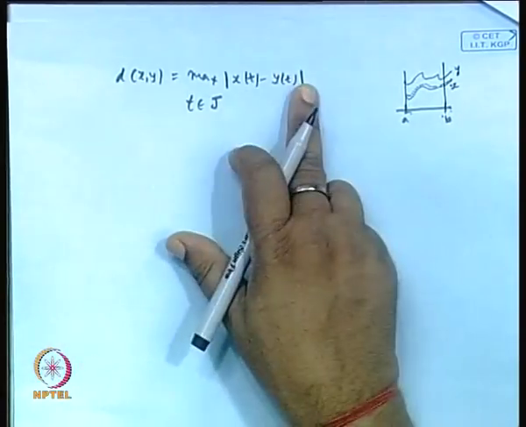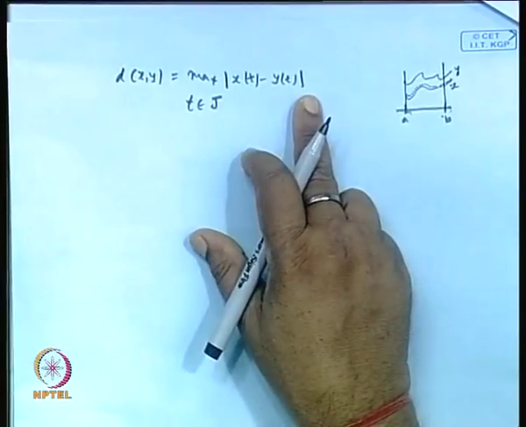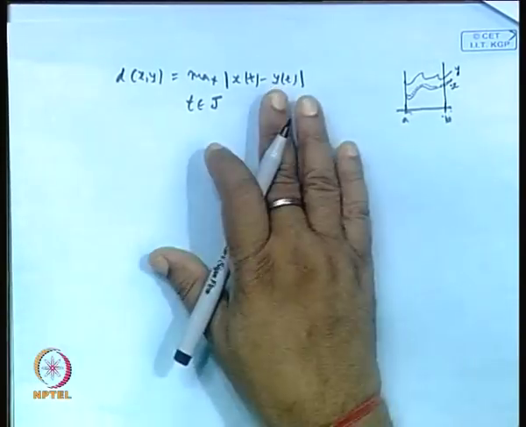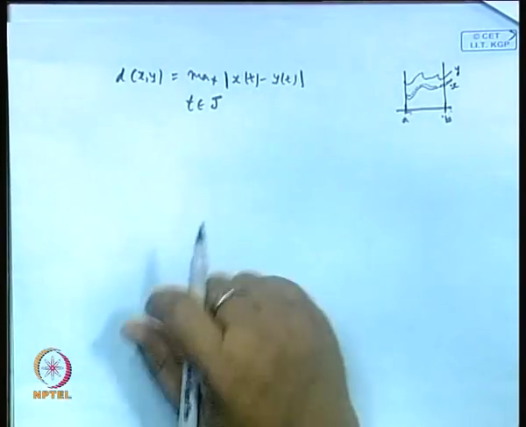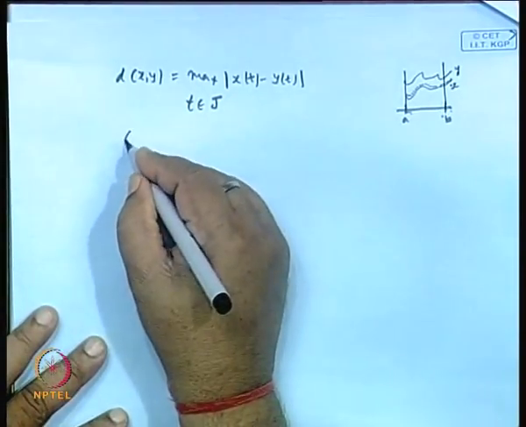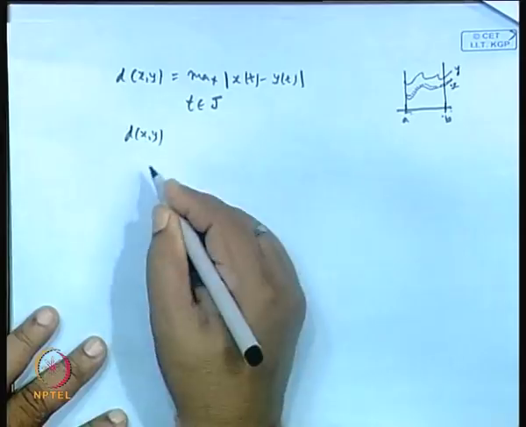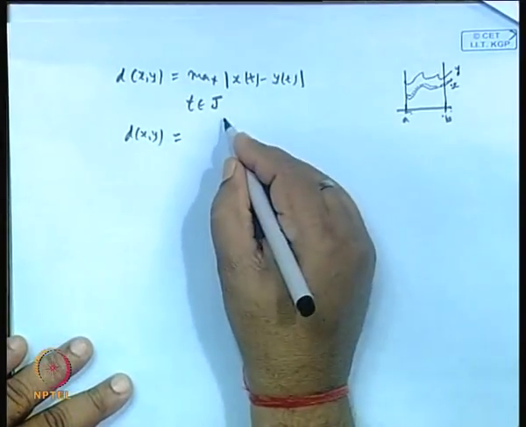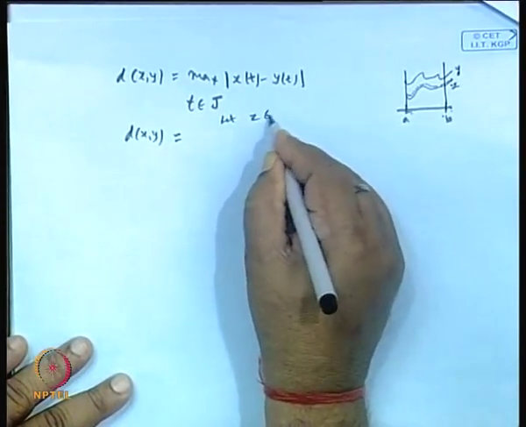Third one, it is symmetric in nature because of the modulus, we won't lose anything if I interchange the x and y position. Then fourth is triangular inequality. So, to verify the triangular inequality, let us take another function z in C[a,b]